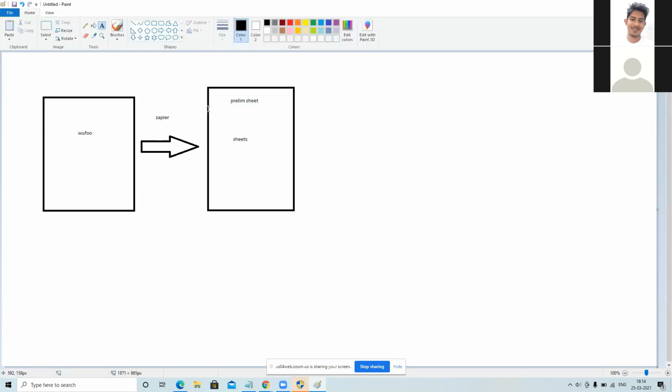In this prelim sheet, apart from the four columns of name, email, city, and phone number, there are other columns as well. There are a couple of questions which need to be asked in prelim, so those will be there as columns. We will fill those in. For example, do you know what type of work we do? That will be a question column, and we fill that next to the person's name. There are a lot of questions. After asking all those questions, there is one column called status.